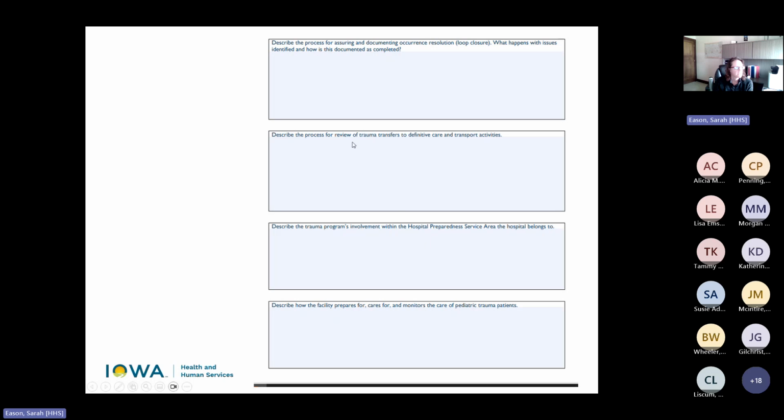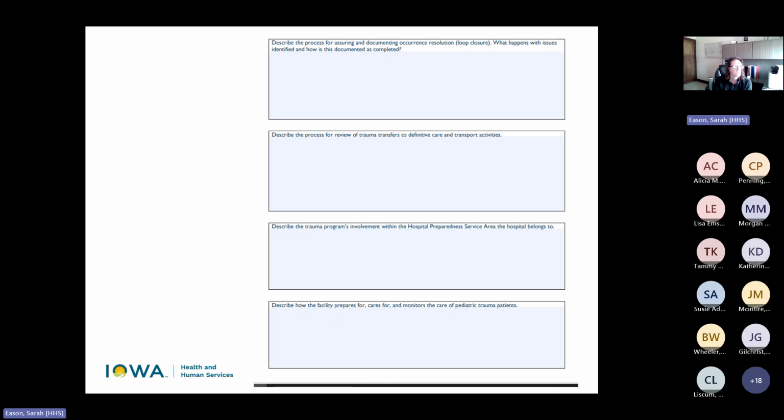So, preparedness is self-explanatory. This talks about transfer to definitive care again, and that probably sounds like it's repetitive, but really it's how the actual transfer process goes in this step. It's not just that you review transfer patients. How are the centers contracted? How do you apply your transfer guidelines? Who's communicating with who? And even your transport, how it's arranged and how barriers are identified is more what we're after on that question there.